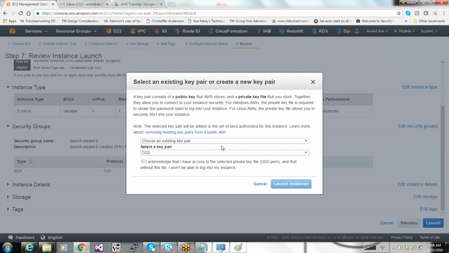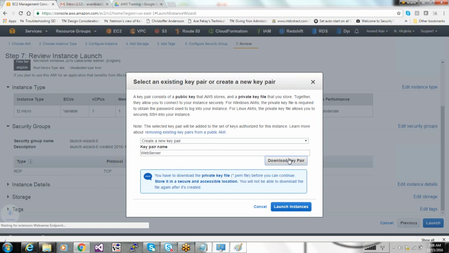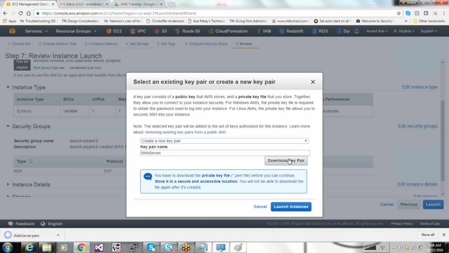This is very important now. If you want to access this machine from the internet, then you need to have the user ID and password. Let's just say web server. You have to download the key pair, and this is something that will help you decrypt your password.